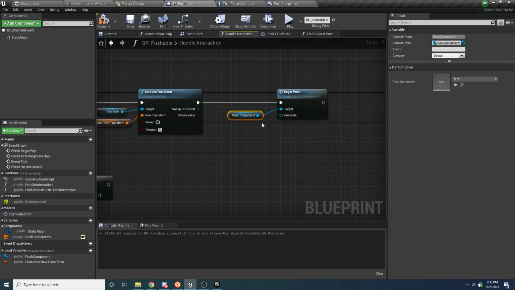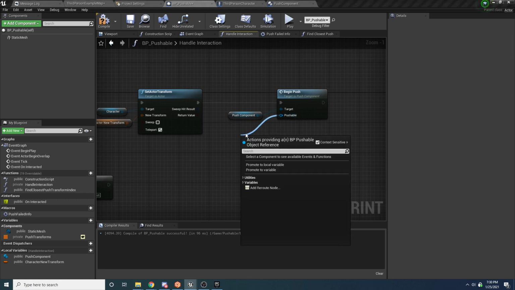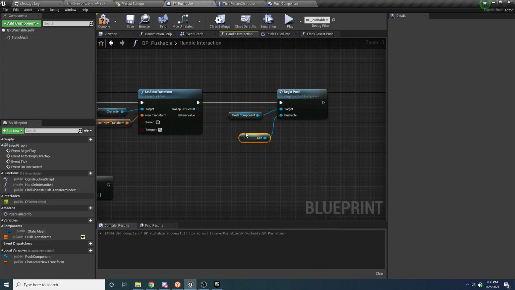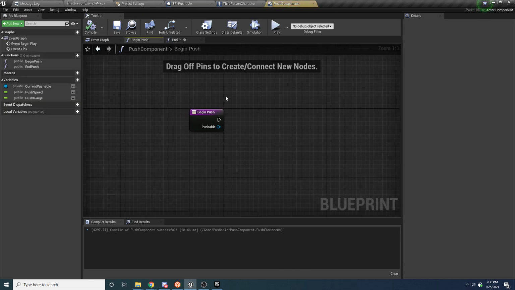And the object we're going to be pushing is ourselves, because we're inside of the pushable right now. So we'll say get ref to self, like so. And there we go. So begin push gets called. So inside of here, what we want to do is first of all make sure that we're